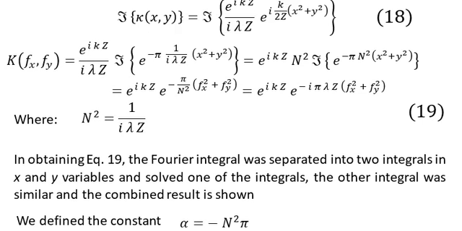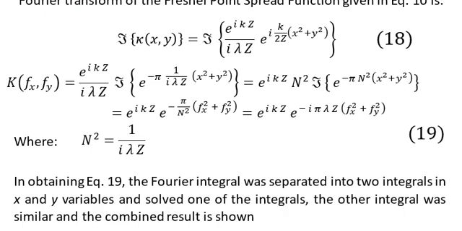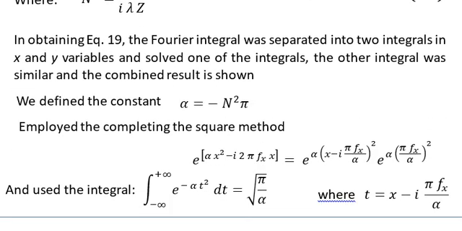In equation number 19 you see that there is an integral, the Fourier integral, and the evaluation of the Fourier integral is what we have omitted, and we have directly written the end expression of the Fourier transform in equation number 19. Now we are going to explain some steps that helped us in order to evaluate the Fourier transform, and for that we introduced alpha is equal to minus n square pi, and employed the completing the square method